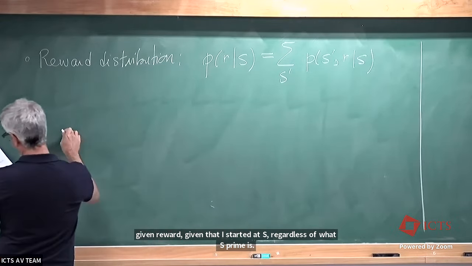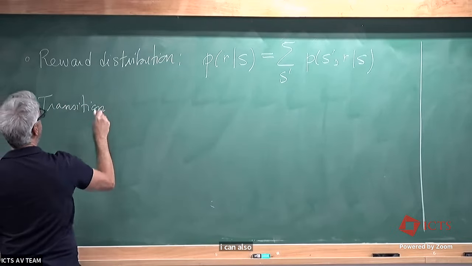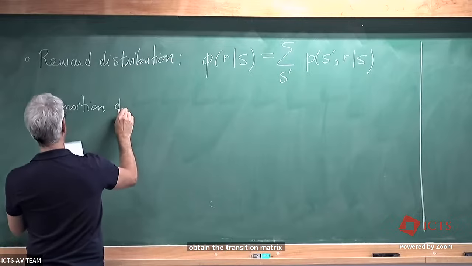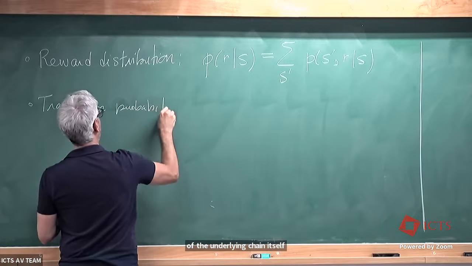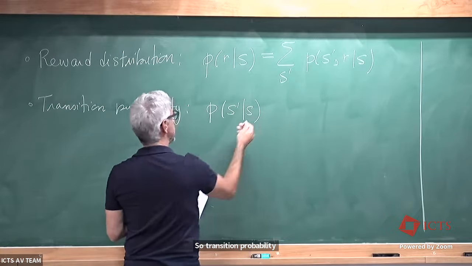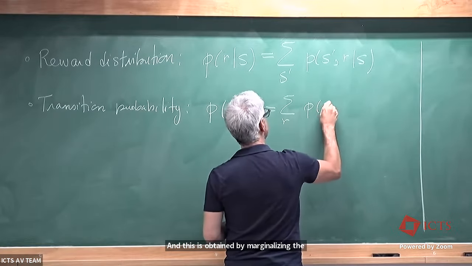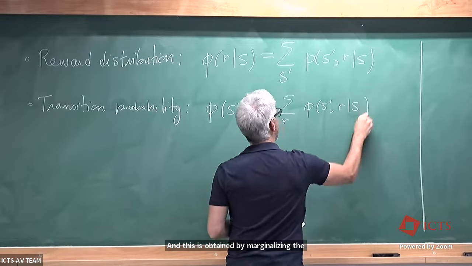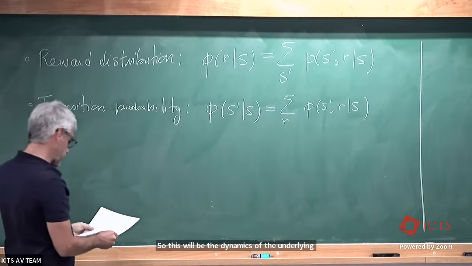I can also obtain the transition matrix of the underlying chain itself. So transition probability, which will be the P of S prime given S. And this is obtained by marginalizing the reward. So if I trace out the reward from the dynamics, I get the pure dynamics of the underlying Markov chain. So this will be the dynamics of the underlying Markov chain. Okay, these are all useful, and then we're going to use them